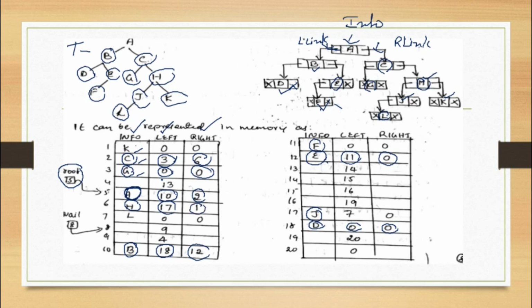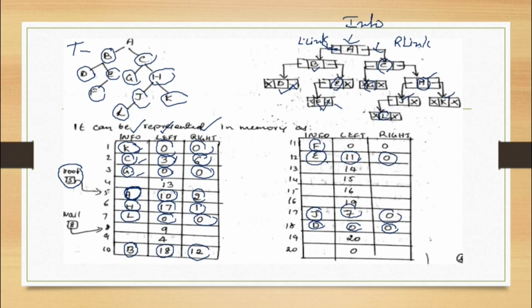Okay, in the first location you have K, which is once again 0 and 0. Why are the left link and right link of K 0 and 0? Because it doesn't have a child, whereas J has the left child, which is there in the seventh location, which is nothing but L. But L doesn't have a left or right child. That's why it is given as 0 and 0. And J doesn't have a right child. So that is why it is 0.